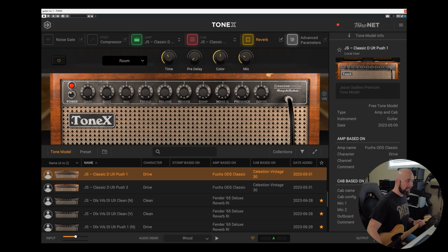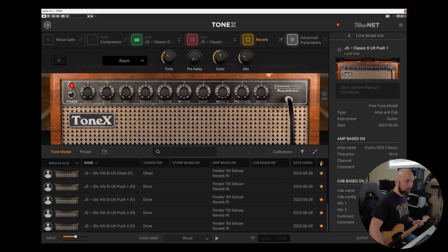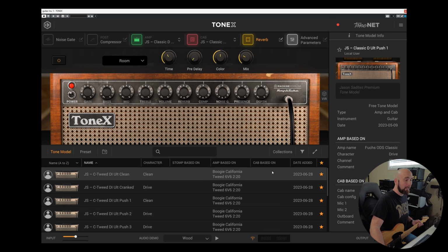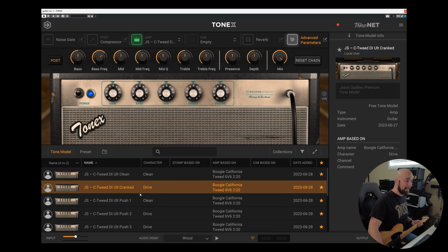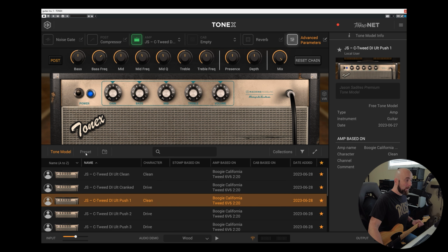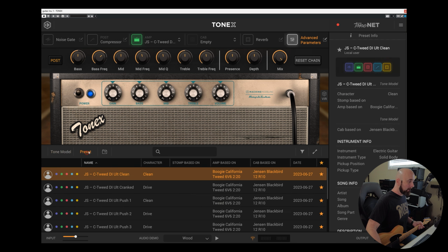So there's the difference between an amp and cab capture. When we're on our tone model tab, it will show that there is a cab that it is based off of. But coming back over to our DI only, it'll have no cab based on. And again, we can just hit our advanced parameters, reset chain, leave our tone model, come back in, and you'll notice there is no cab there. So I hope that that clears up what the difference is between the amp and cab capture, and if a tone model that you may receive from somebody like myself is actually a DI amp only or an amp cab capture. Now let's take a look through the two new models that I have available,